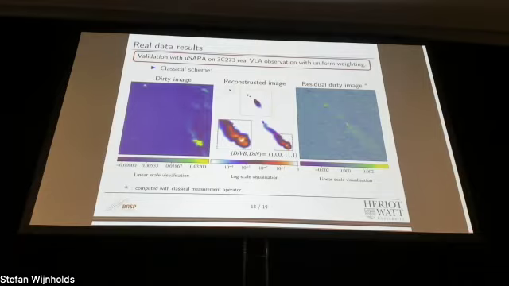And so for real data, we have the quasar 3C273 observed by VLA. This is still using the uSARA algorithm with a uniform weighting. On the left, we have the dirty image by the classical scheme. In the middle, we have the reconstruction. And on the right, we have the residual dirty image. In the reconstruction, we have two zoomed in spots. The yellow one is of the center of the quasar, and the red one is the end of the jet.